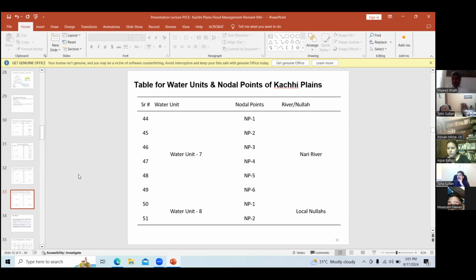That master planning will continue for 10 to 15 years. If this master planning is converted into a PC1 and a feasibility study is done, then the government may approve a PC1, and that plan can be implemented in the next 10 to 15 years. So this master plan.